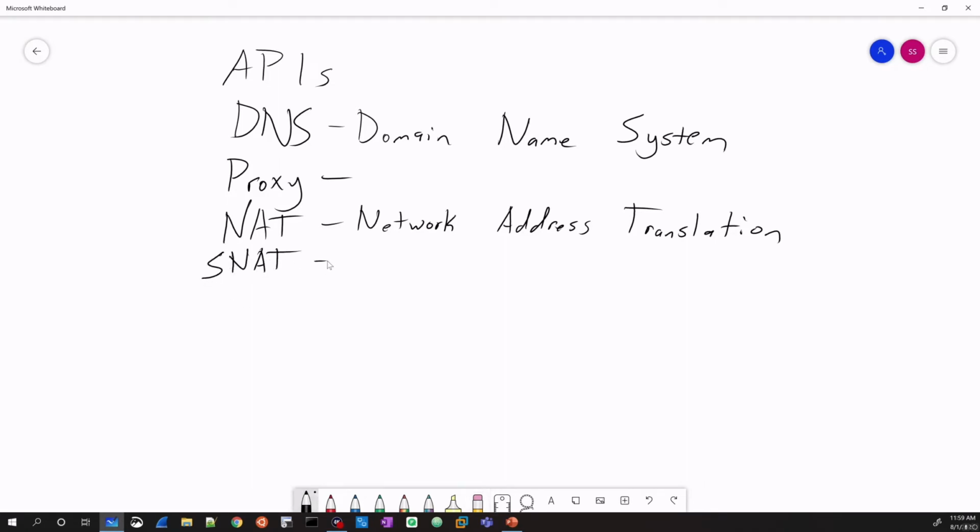And then you have SNAT, which is source NAT, or source network address translation. Here we were seeing all of the different clients in our organization NATing to one thing to get out onto the public internet. But what if we wanted to do the opposite and we had everything on the internet